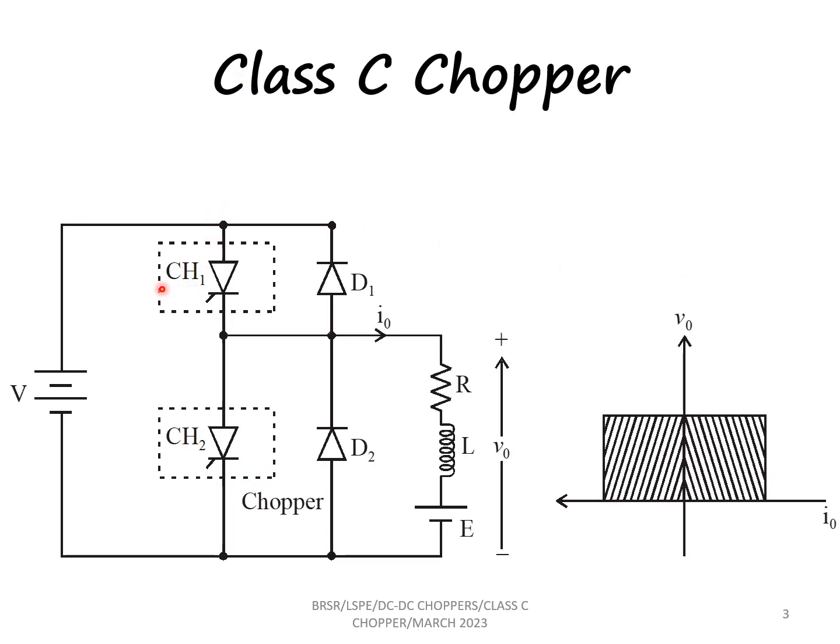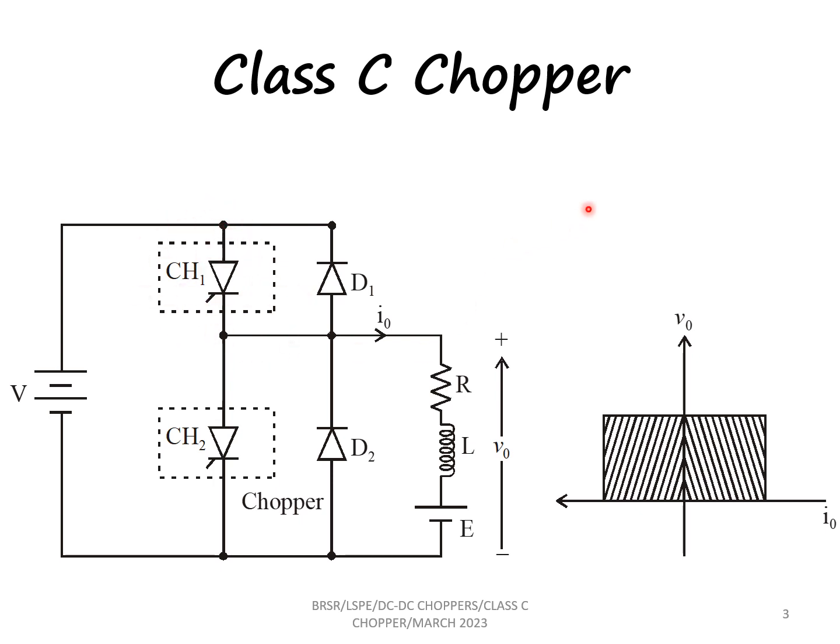A class C chopper is shown here. This consists of two choppers CH1 and CH2, two diodes D1 and D2, and the load RLE. This is a two quadrant chopper. It can be operated either in the first quadrant or in the second quadrant based on how the switches are